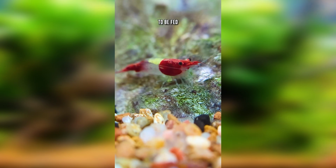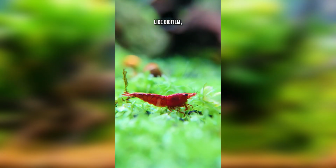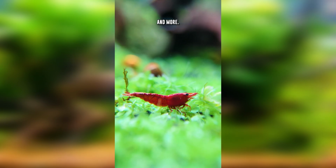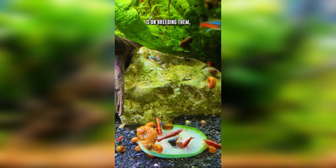Shrimp do not need to be fed on a daily basis, as there is already a lot of organic matter in your tank, like biofilm, decaying plant matter, and more. You can opt to feed your shrimp once or twice a week, as this will help prevent excessive waste buildup and water pollution. If you have a really massive colony where your focus is on breeding them, then more frequent